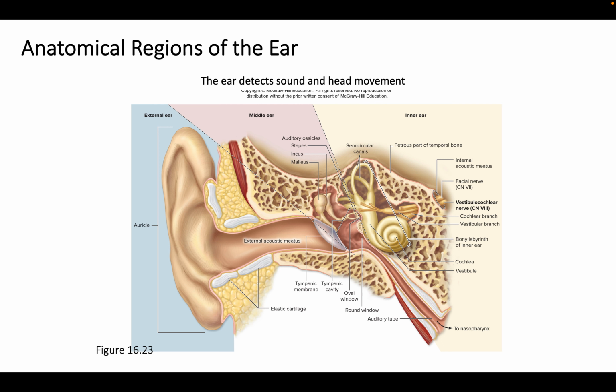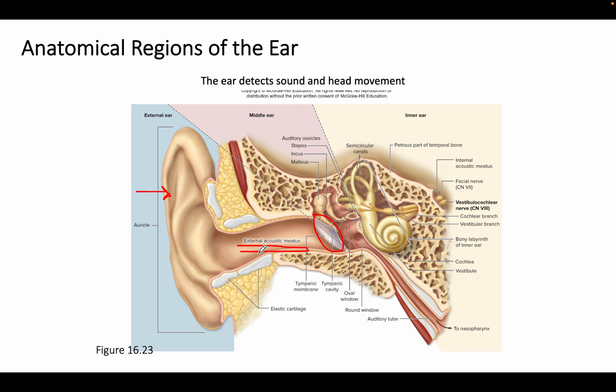So we really have three parts, or three regions, to our ear. We have a region known as the external or outer ear, a region known as the middle ear, and a region known as the inner ear. The external ear is everything from this auricle, or what's sometimes known as the pinna, or what we think of as this ear flap out here, all the way to our tympanic membrane, or what we generally refer to as our eardrum. Everything from the auricle to the tympanic membrane and everything in between is considered our external ear. So even this external acoustic meatus or external auditory meatus, our ear canal,